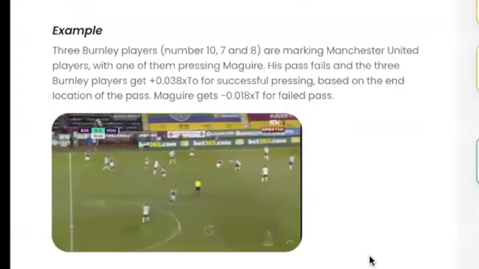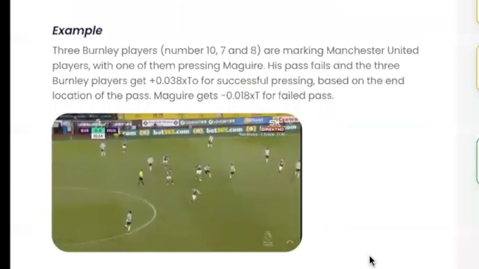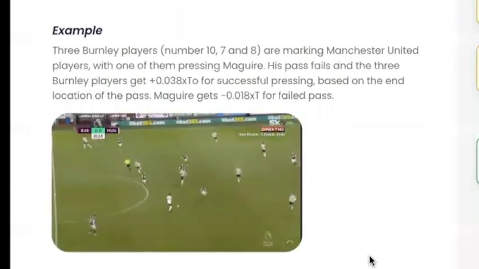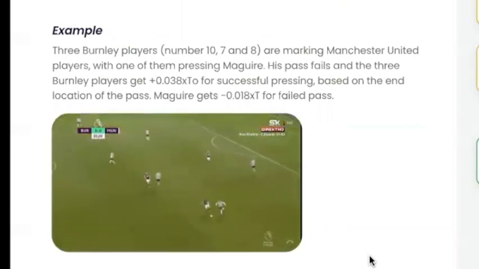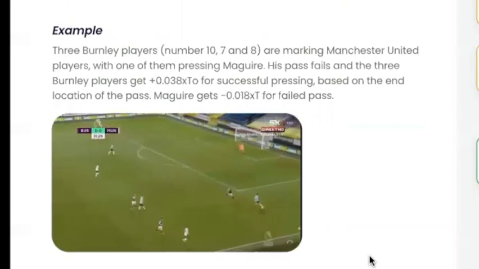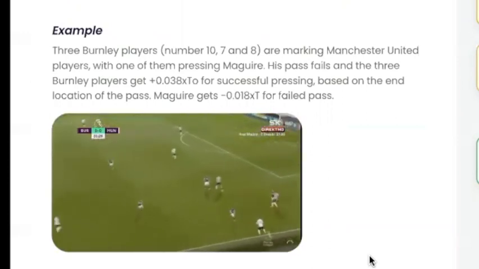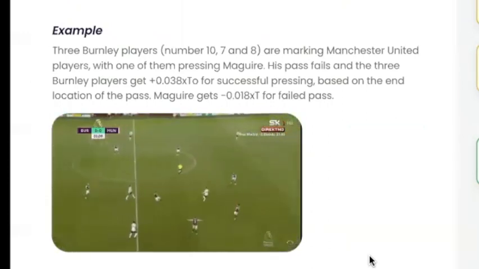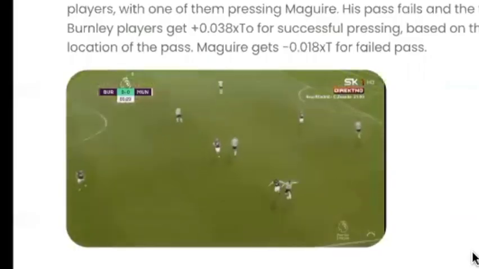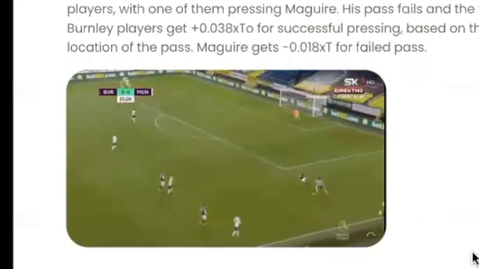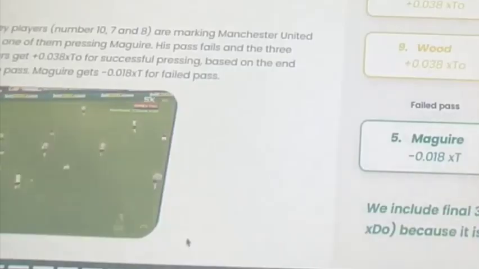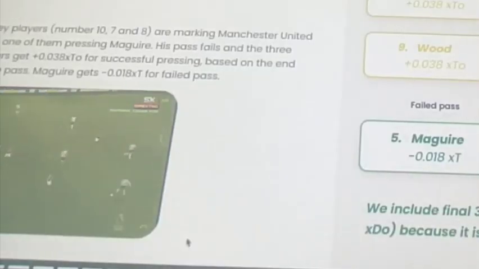Here we can see that Burnley, surprisingly, for once, start to put pressure on Manchester United. This isn't the point that I'm interested in. This is the point that I'm interested in. Maguire is now under pressure, but not only is Maguire under pressure, if we watch it one more time. So watch carefully when Maguire is under pressure. It's not just him who's under pressure, but all three Manchester United defenders are under pressure by Burnley